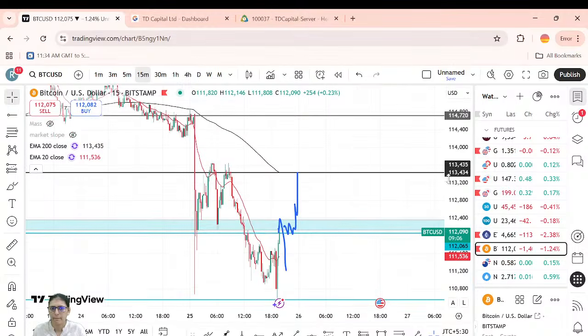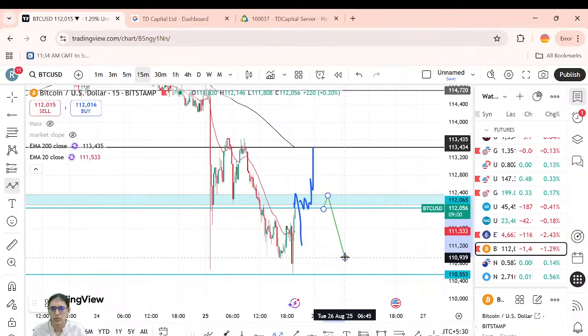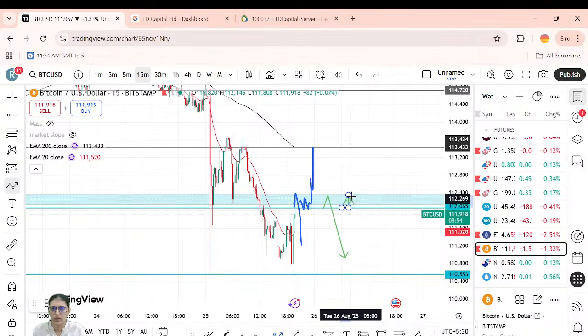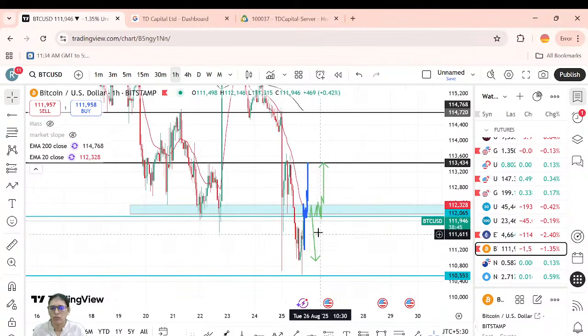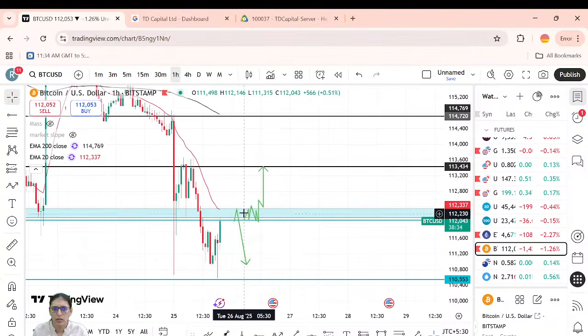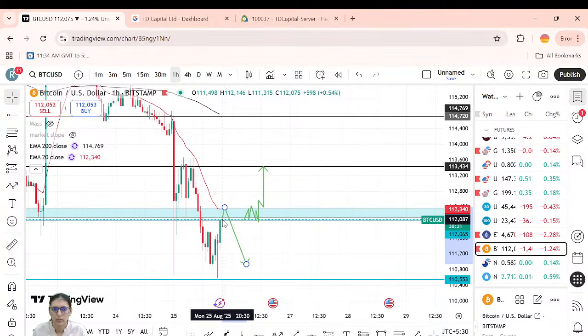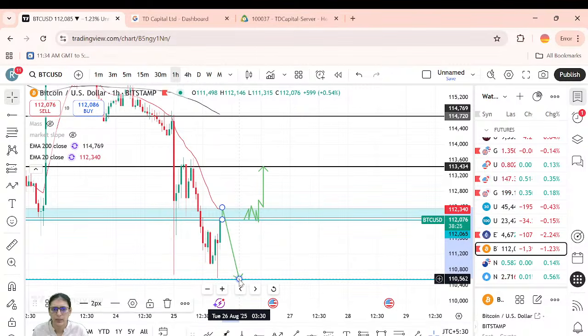All right. I hope I'm making myself clear. Either this is possible, or it might just do some time correction here, gives you a retest and your target till here, or on 1 hour it might just remove it. Or it might get rejected from this area according to 1 hour time frame and according to 5 minutes as well, and then this target is expected.